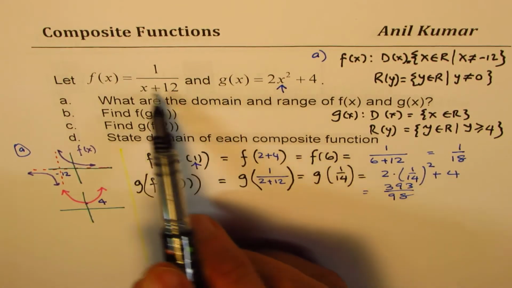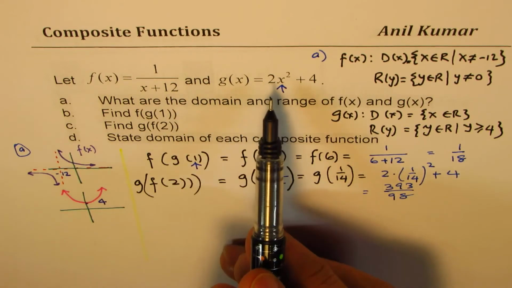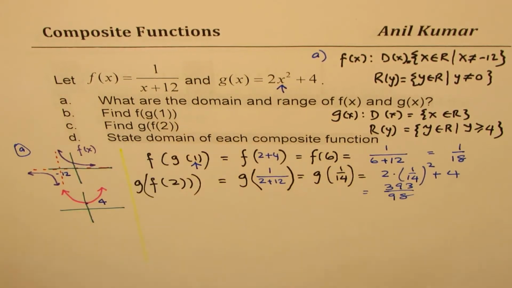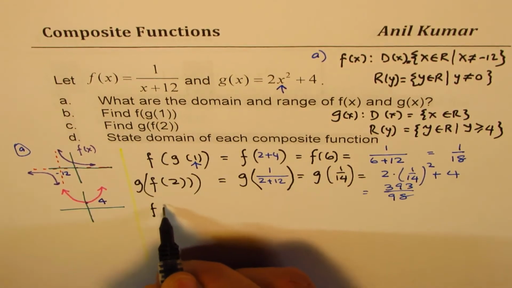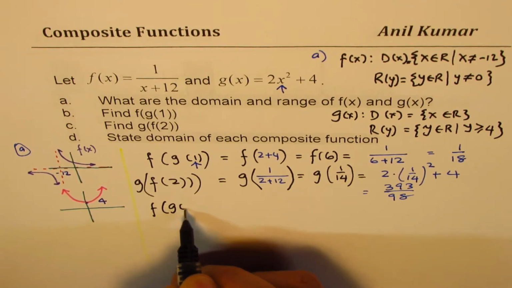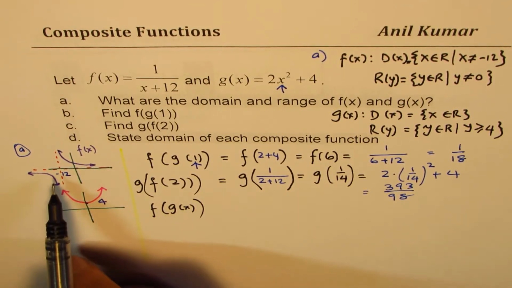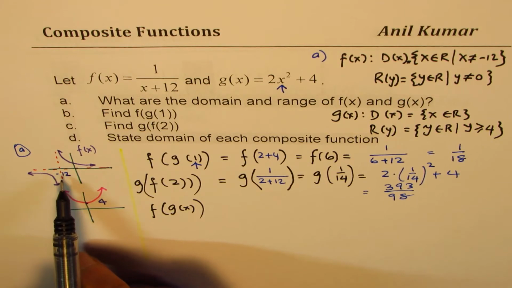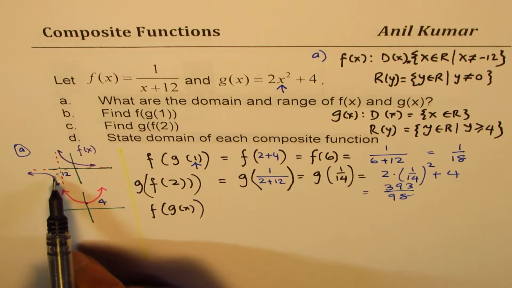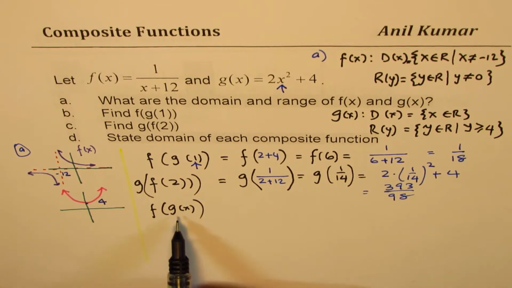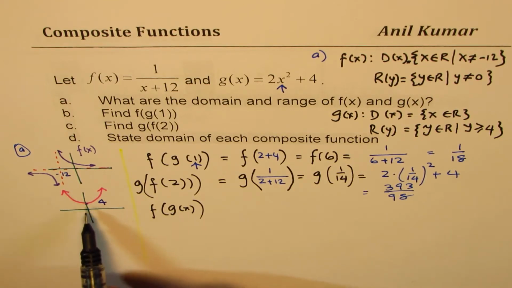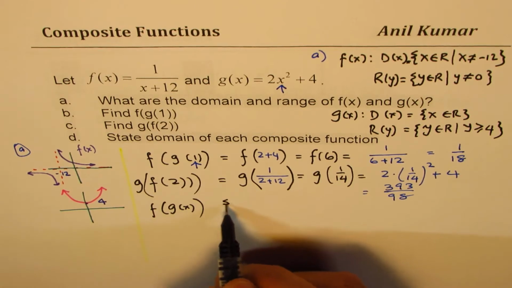The other way is you can look into it and then answer. For example, if I am looking into f of g of x, the only restriction for the function f is that the input cannot be negative 12. What you notice here is g of x is always greater than 4, right? So we can write, since